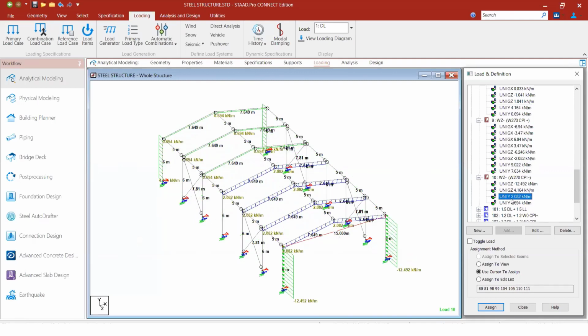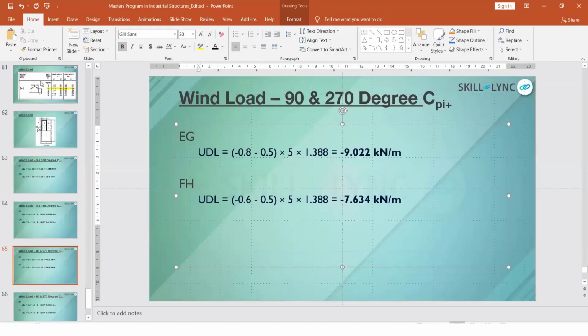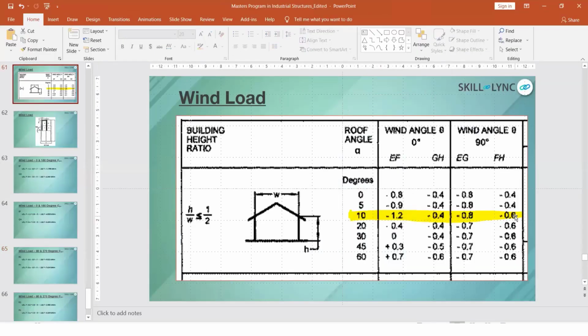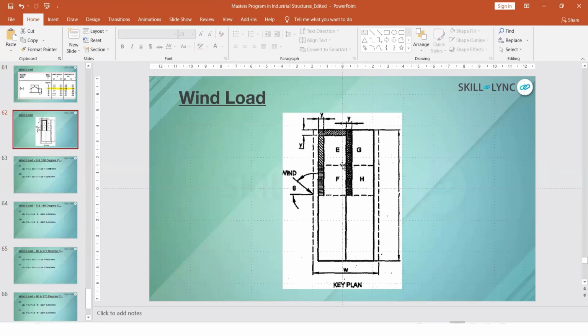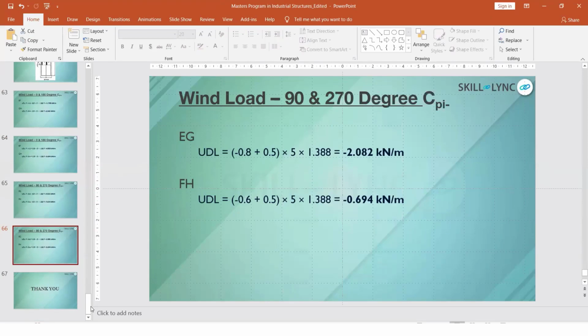So when you are applying it in that concept, the force will be heavy for the first 4 rafters, that is the maximum force where the outer portion is concerned, and the back rafters will get a very low force when wind is applied from here. When it is the other case, wind will be heavy from the other side. Okay, got it? So if you see these values, again I have taken them as minus 0.85 and minus 0.6. So this concept alone you have to understand when you are applying it for rafters. So this is how you will calculate the wind load for the building.